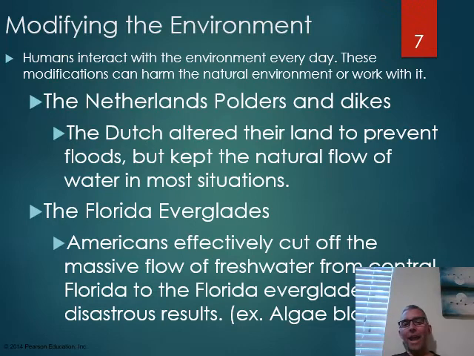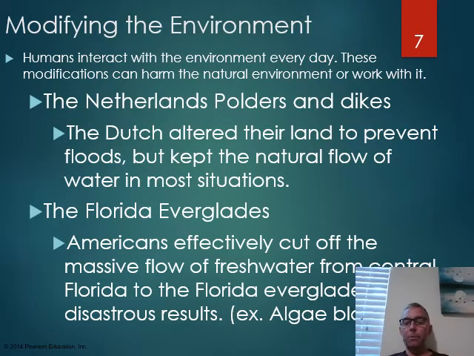The problem that they have, that you often see anytime you've got a river meeting an ocean, is flooding is a major problem. And what the Dutch did was to essentially build a series of walls and dikes to keep the ocean water and keep the flood waters from overtaking their farmland. And they ran into some issues that when they built those walls around their land, the land would actually sink. And we've seen this in places like New Orleans.